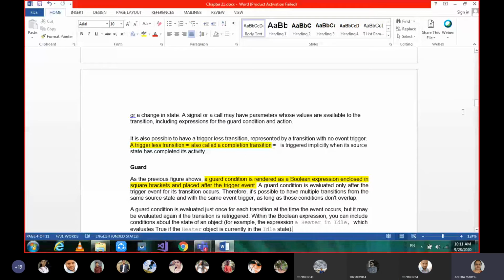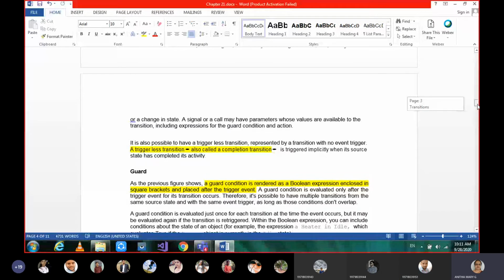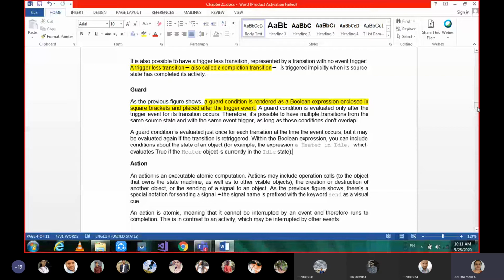So the next one about guard condition. So guard means I was many times telling you. So the general meaning of guard is say some security. Okay, so based on that security issues, whether the data have to be sent or not, or whether the next state of it have to be taken care or not, it will be based on the guard. Okay, so here the guard condition means here we are taking some conditions since we are working with respect to systems.